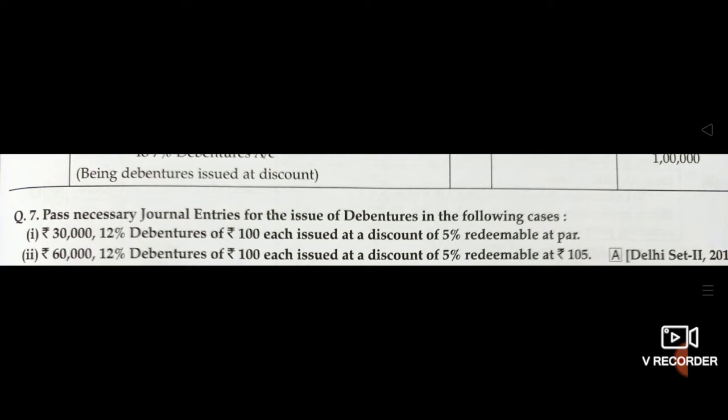First, ₹30,000 12% debentures of ₹100 each issued at a discount of 5%, redeemable at par. ₹30,000 is not the number of debentures. It is ₹30,000, and the debentures' face value is ₹100. So the number of debentures will be 30,000 divided by ₹100, that is 300. So the meaning of this transaction is 300 12% debentures of ₹100 each issued at a discount of 5%, redeemable at